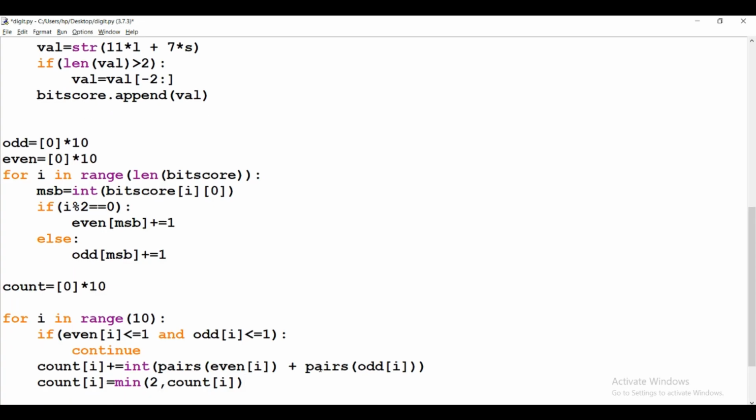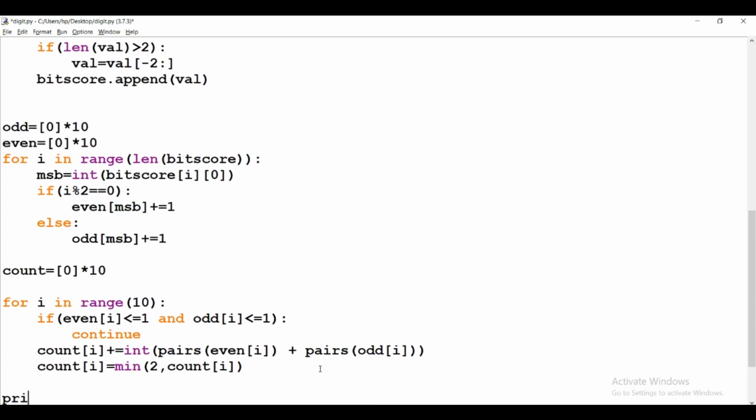And now we print the sum of the count values, print sum of count.